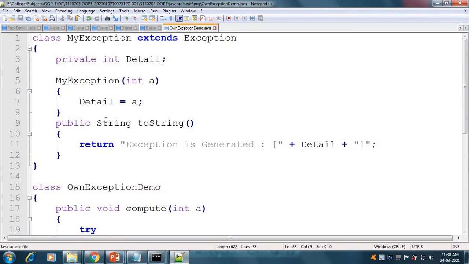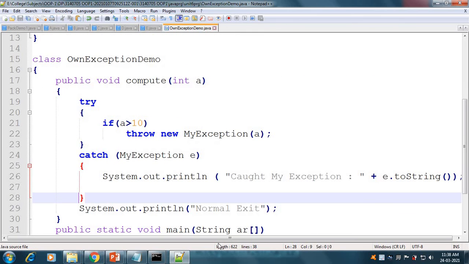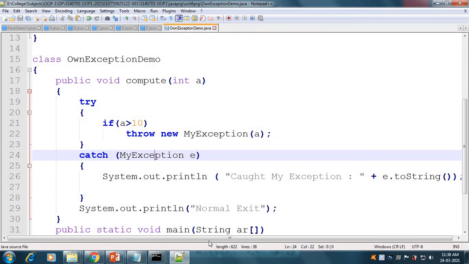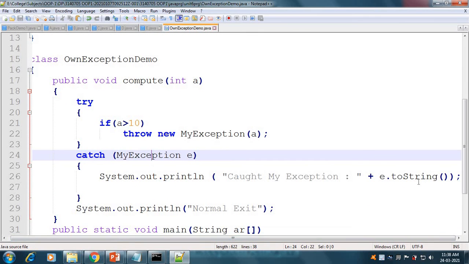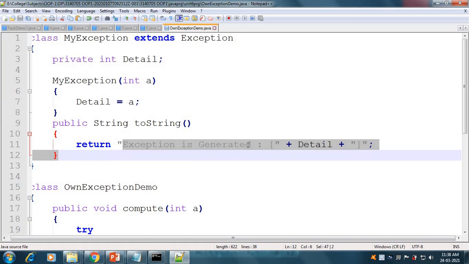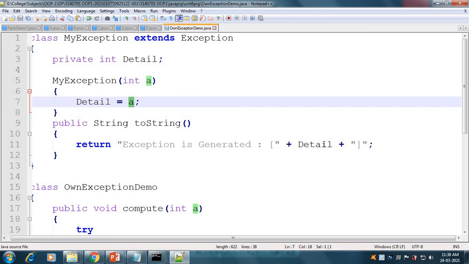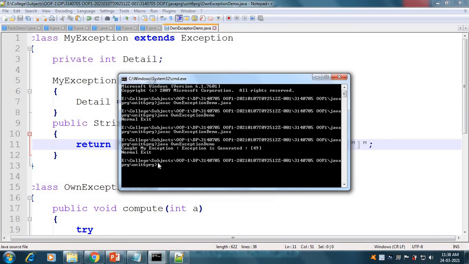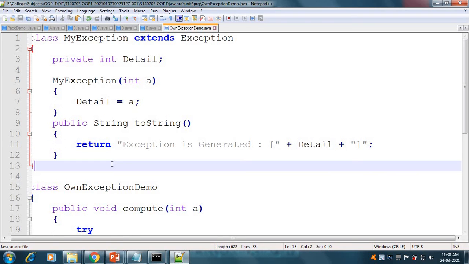Because our exception is generated, and our toString method is called with the object e. The toString method prints that the exception is generated, and after it the detail. The s value is 49, so 49 is printed in the brackets. So this is the way you can generate your own exception class.